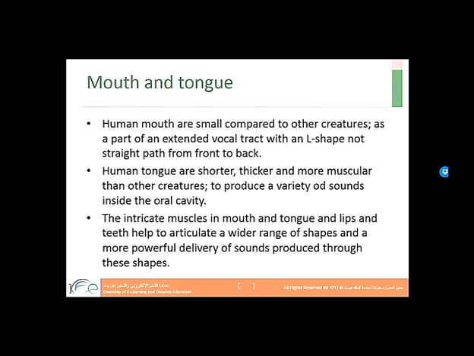The intricate muscles in the mouth, tongue, lips and teeth help to articulate a wide range of shapes and a more powerful delivery of sounds produced through these shapes. So this complexity in the mouth and tongue would enable a human being to produce a wide range of sounds which cannot be produced by animals, for example.